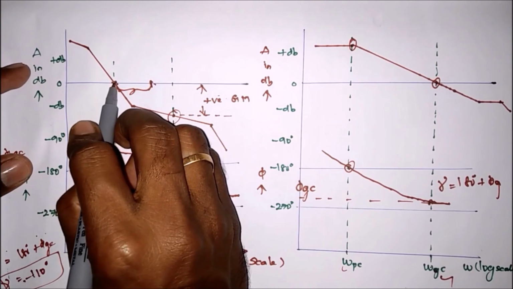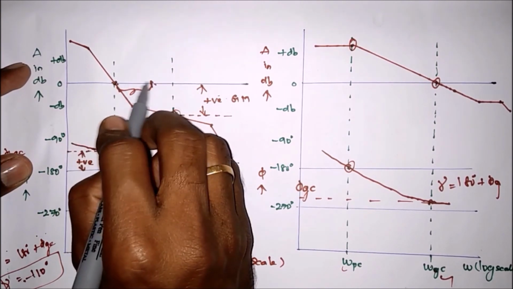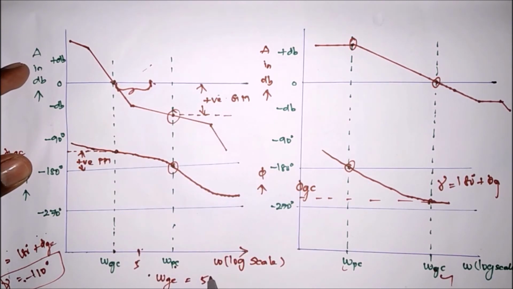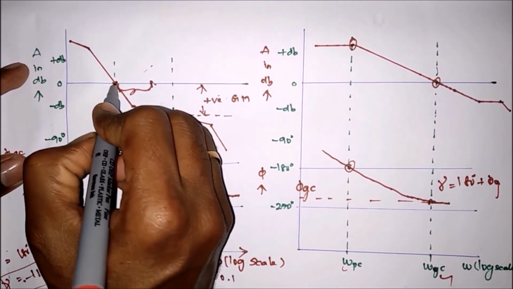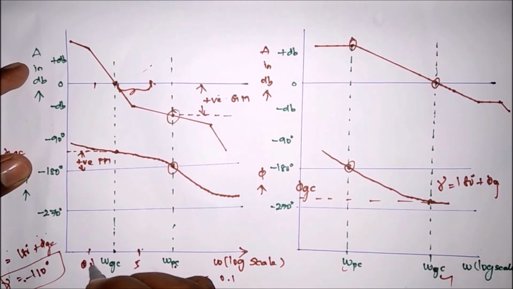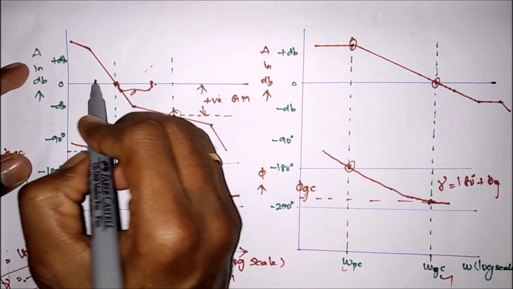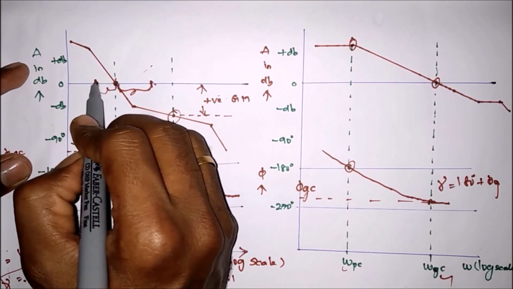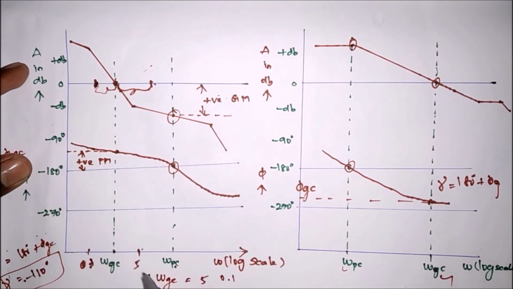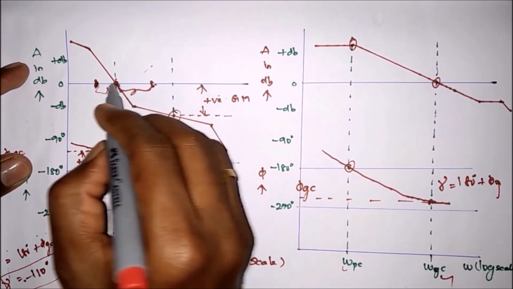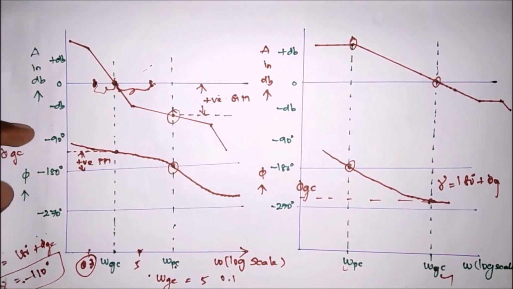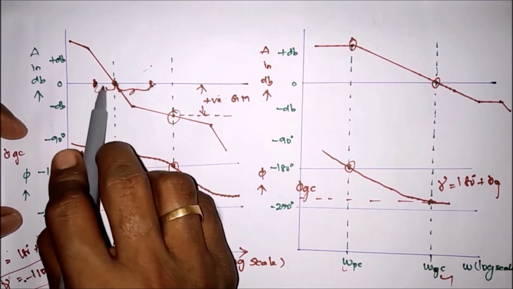If you want to move this, this means an upward movement. Suppose you are asked to select the gain crossover frequency 0.1, so the plot may come here. At that time it should come here, because at the gain crossover frequency the magnitude value should be 0. Therefore we have to shift this approximate graph downward. Suppose it is like this, then we have to move upward. Suppose the given value is like this, then we have to move downward. So according to the given value, we have to move either upward or downward.